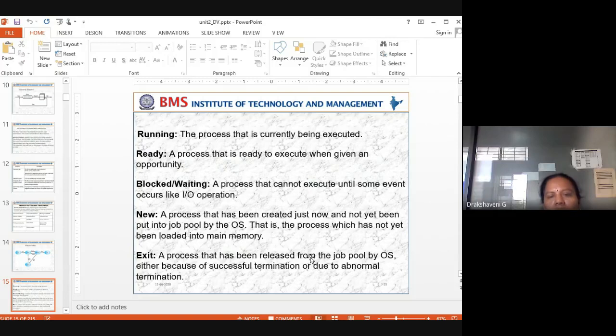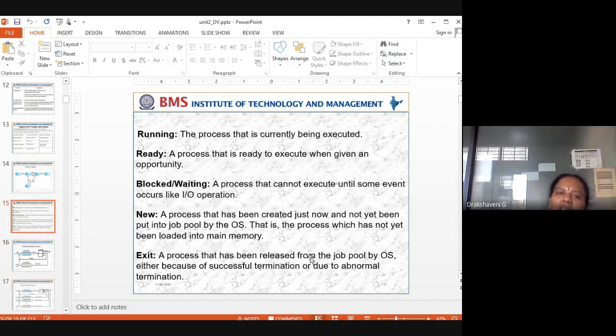So that is the process which has not yet been loaded into main memory. Then exit, a process that has been released from the job pool by the operating system, either because of successful termination or due to abnormal termination. So these are the 5 states for the process.